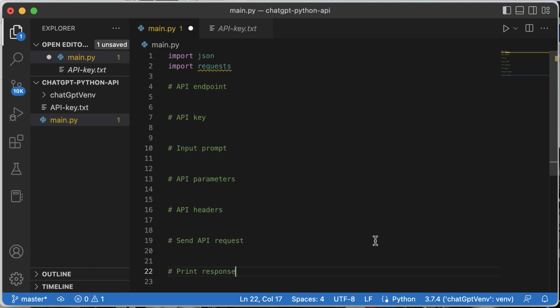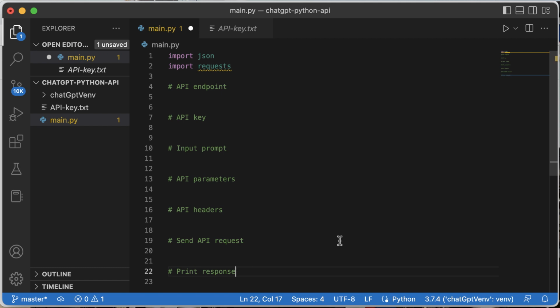The API endpoint, the API key, which we got from the authorization for keys at the ChatGPT site. And then we will include an input prompt. That's what's sent to the AI. And we are going to have API parameters, headers, and then send an API request. And we are going to print that response out that we get back from the API inside of our output